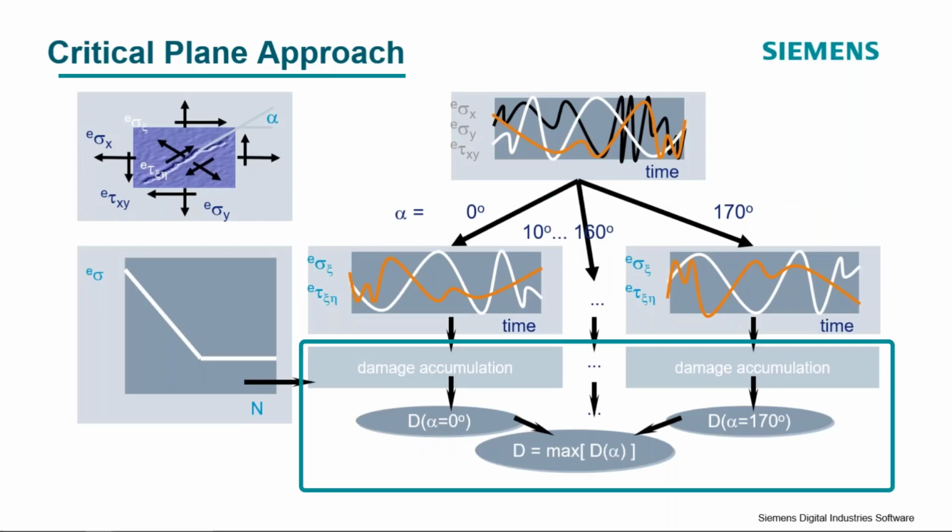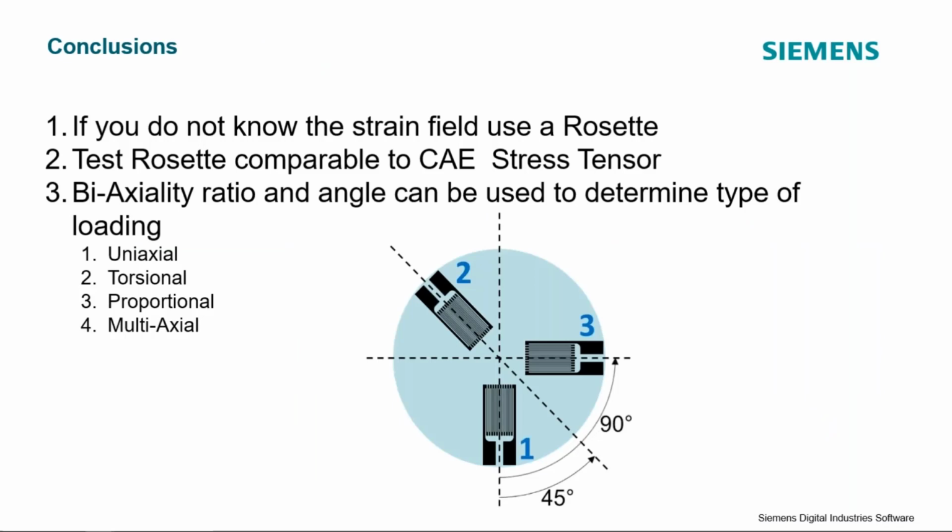And then we cycle count all of those time histories, and we calculate the amount of damage that occurred at that specific angle. And that gives us a lot of information as to in what direction we need to design our part to withstand the loads that are being put into the test structure. So what is the critical direction, and are we going to see fatigue failure based on the damage calculations that we perform?